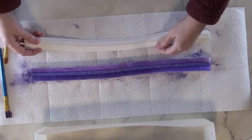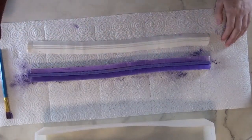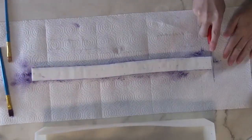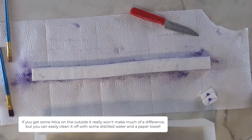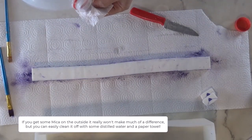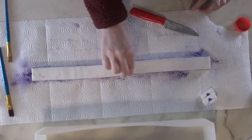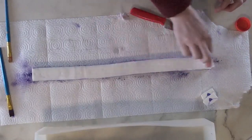So now I'm going to take this top piece and paint the whole thing with distilled water. All you need to do is take some paper towel, add some distilled water, and you can just simply wipe it off. You don't want your paper towel too wet. Mine's got a little too much water on it. But it will wipe